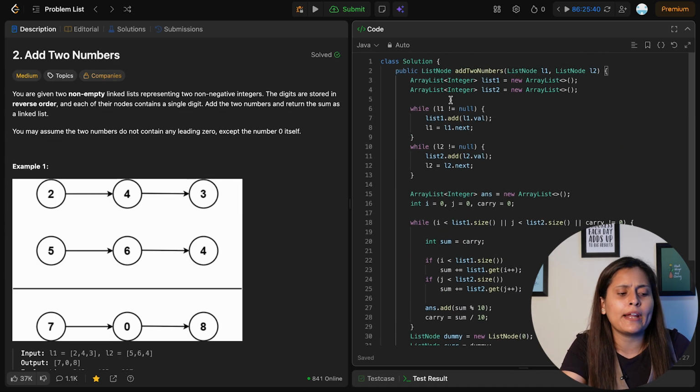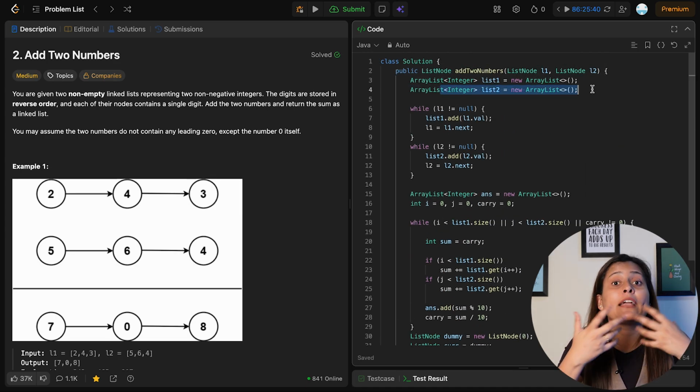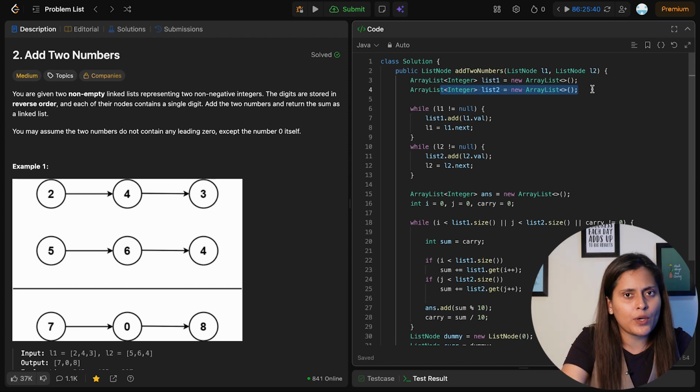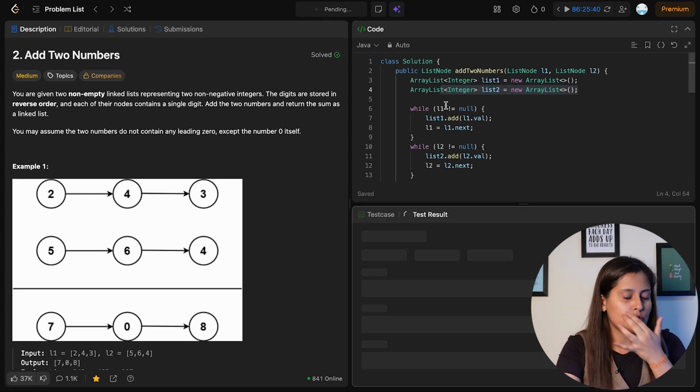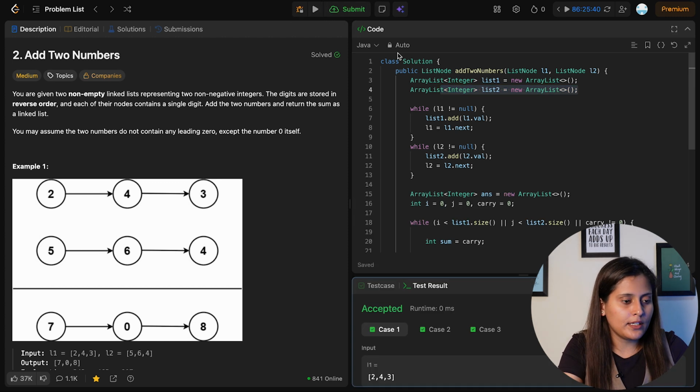You can even override the linked list by checking which linked list is of larger length, so you can override that linked list, okay. So let's run the code. Done. Now let's try to